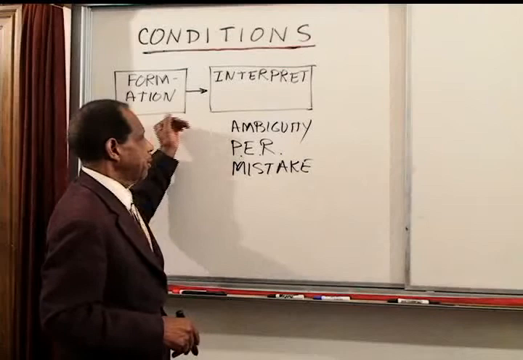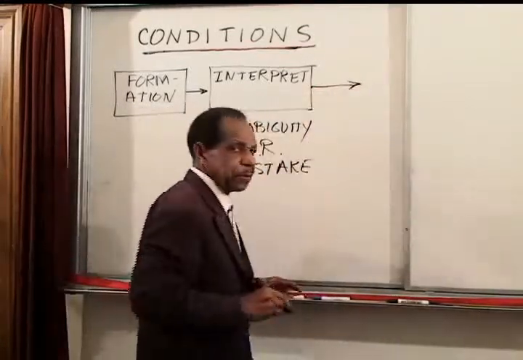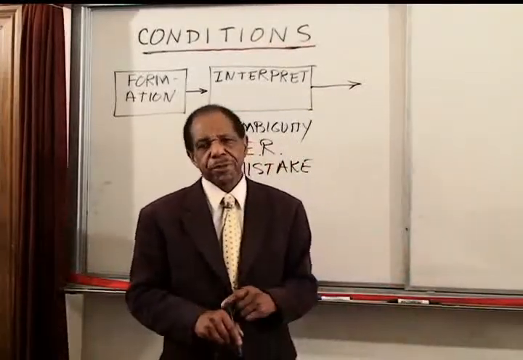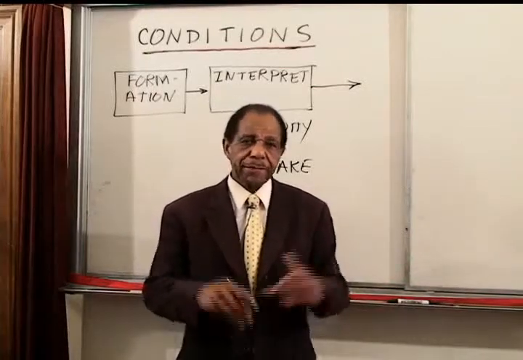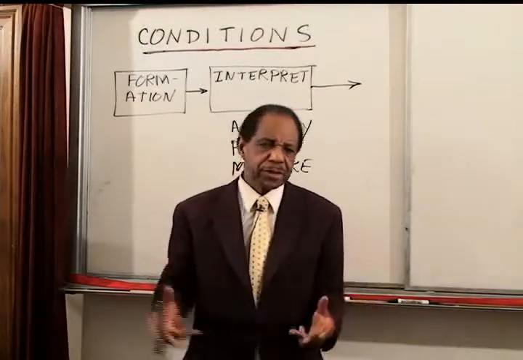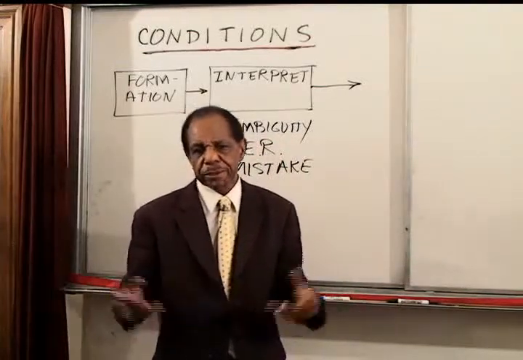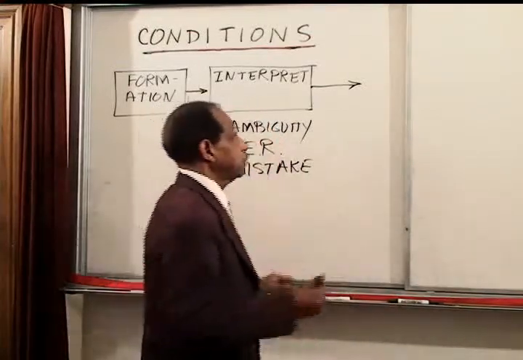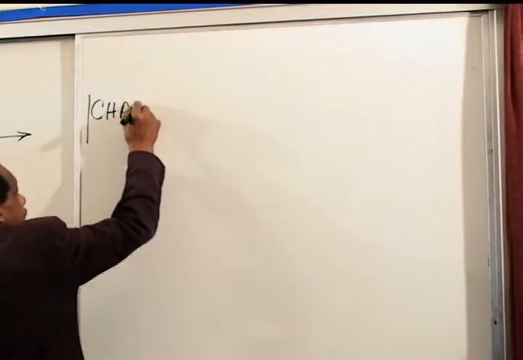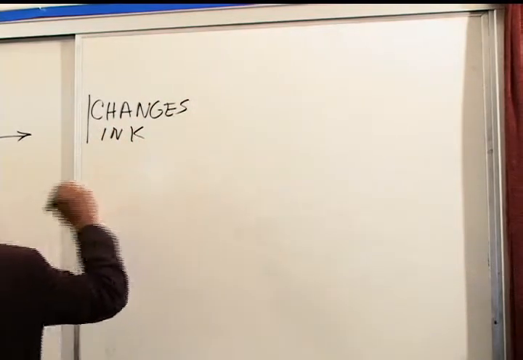After we have formed the contract and clarified the terms, the next important thing that happens is that people may want to change the contracts. Now you need some rules about how you can change your contract, because every other kind of legal arrangement that you can make, there's always a way to change it. You write a will, you can change the will. You write a trust, you can change the trust. You create a corporation, you can amend the articles, and so forth. So we need a way to change the terms of the contract, and these changes in the contract